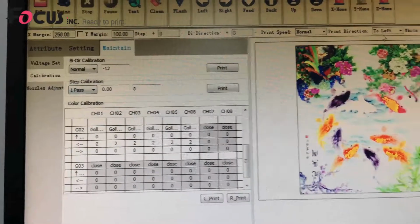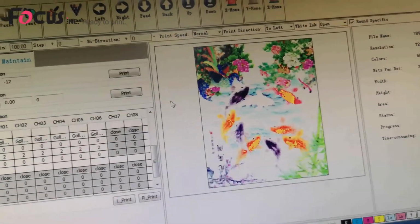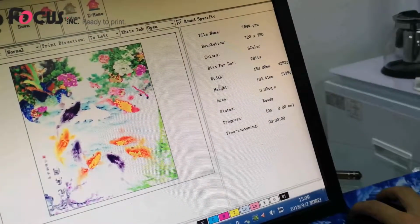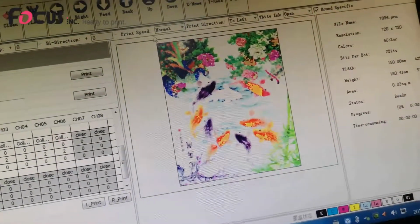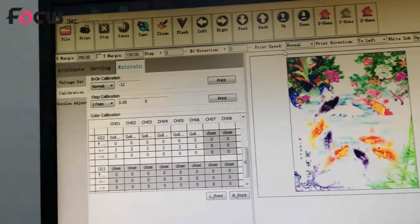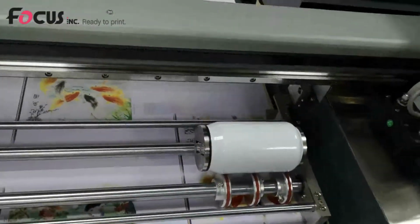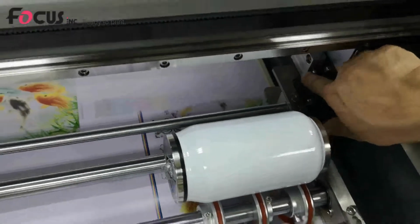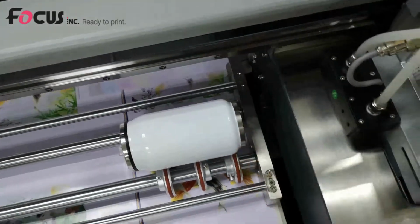Then we print, and also before print we must be sure the round size of the bottle is the same as the size of the job. Then we print. So some important key features are: first we must be sure the flatbed table moving up will not go over the limit. First it must be sure the gap between the two metals has enough space, about 2 to 3 millimeters, and the gap between the print head and the media is also 3 to 5 millimeters,